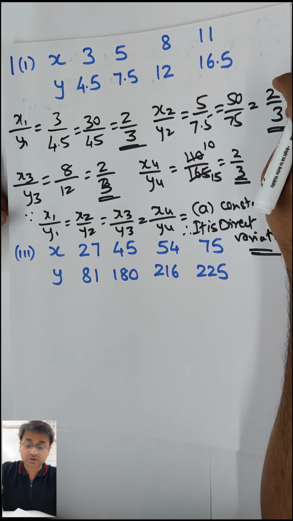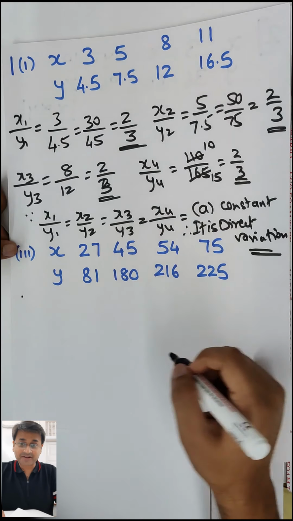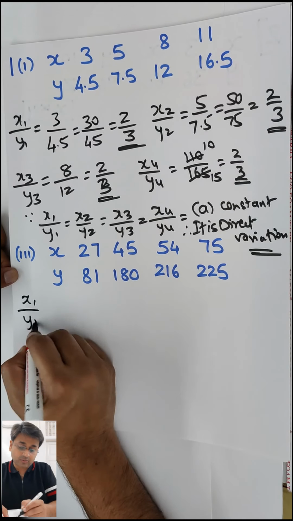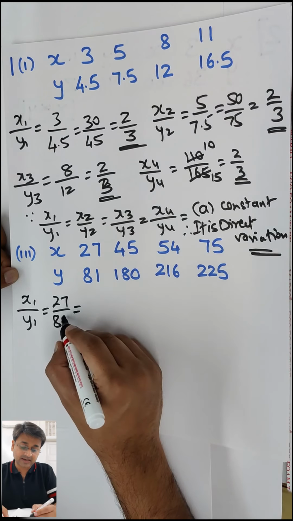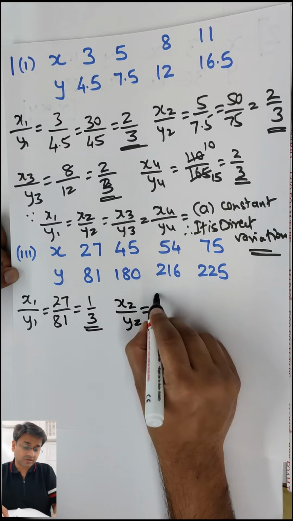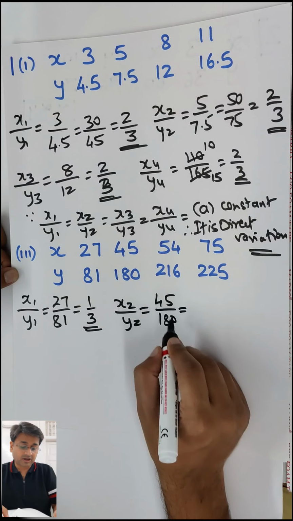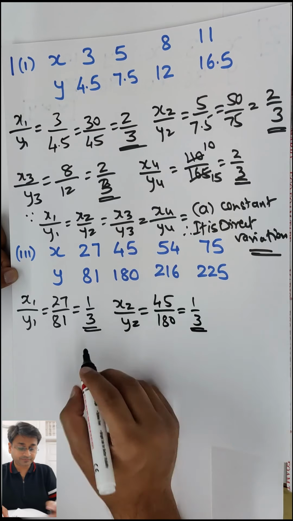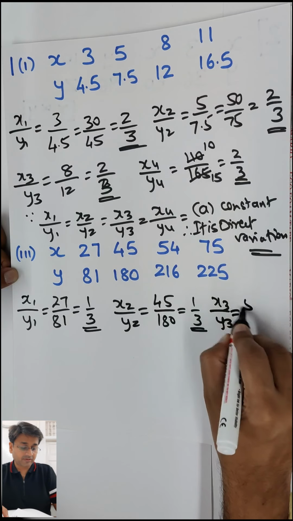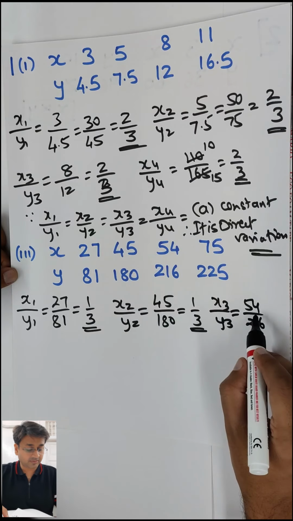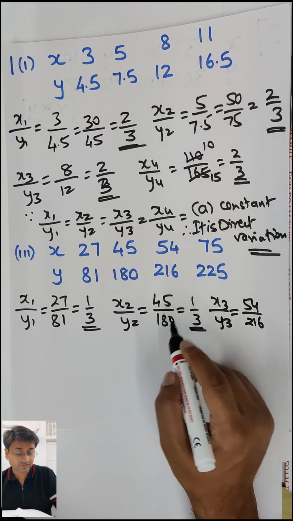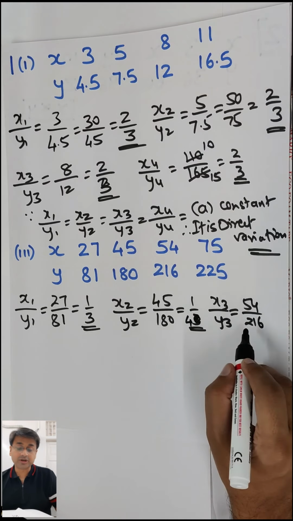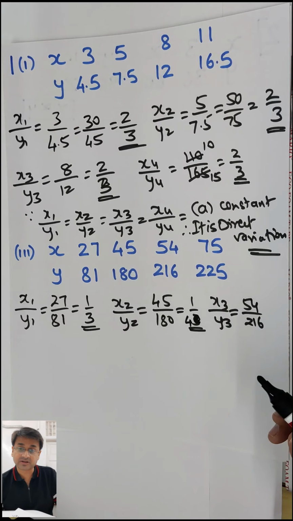Okay, so can you try this fourth one and get it for me? Pause and try on your own. Come on. So x1 by y1, 27 by 81. So it goes 9 3s are 27, 9 9s are 81, or rather 27 1s are 27, 27 3s are 81. x2 y2, that will be 45 by 180. 45 1s are 45, 45 4s are 180. x3 y3, 54 by 216. Is it the same? No, I don't think so. So this time it's not going to work. Neither did it work here. You don't need to go further, because these two are not constant and you are sorted.